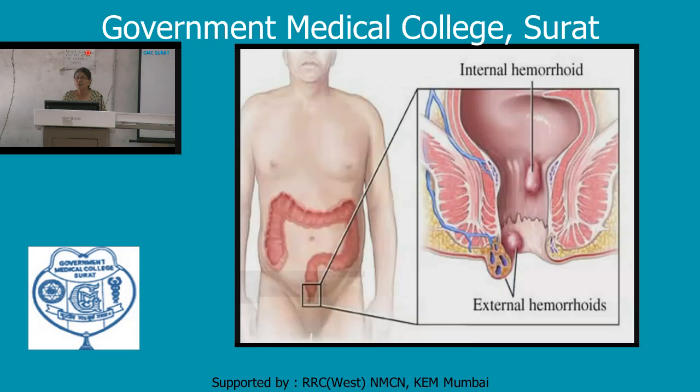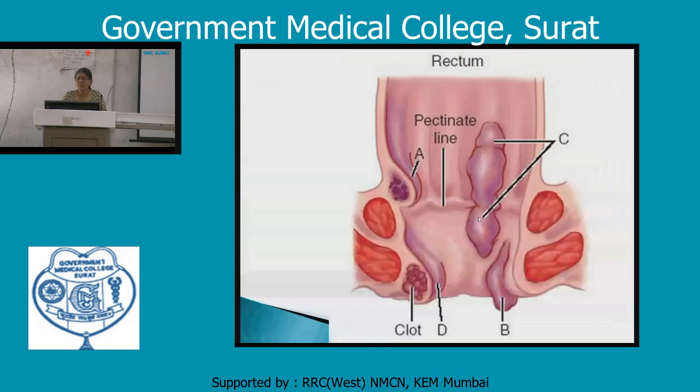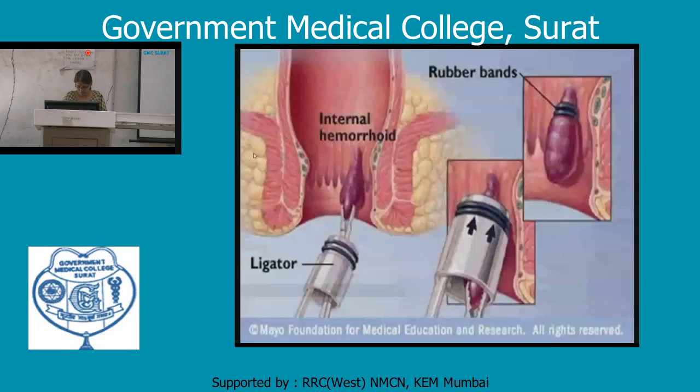You can see the pectinate line here in this diagram. This is the pectinate line. You can see this is one of the anal columns with its mucosa and mucosal covering and the dilated radicle of the superior rectal vein, which is a tributary of the portal vein. This is an external hemorrhoid, which is painful, below the pectinate line. Again internal, and this is external one, which is even continuing upward above the pectinate line. These are the various surgical procedures.